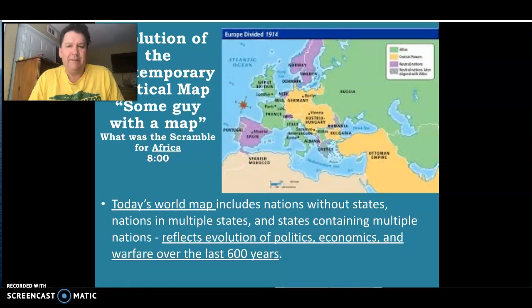And typically it's a guy, no offense, women, but in our past, it's the men that typically have drawn the lines. That'll hopefully change as we go forward. And maybe somebody will get them right. But you're going to see going forward from about the 1800s, the lines being drawn really lead to a lot of the issues that we see today. And that's really what I wanted to cover with you guys.